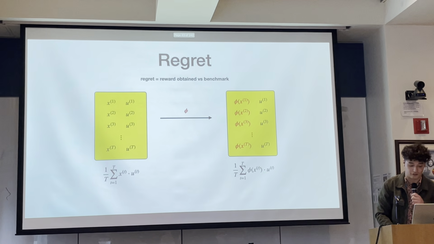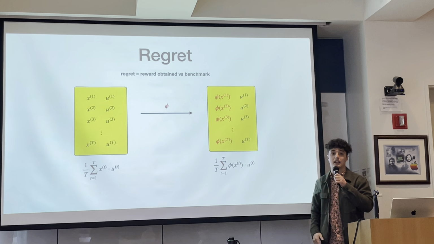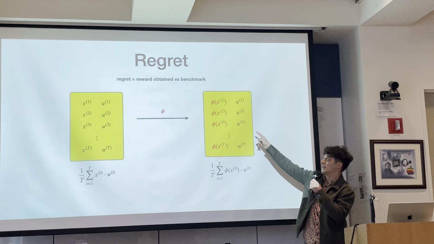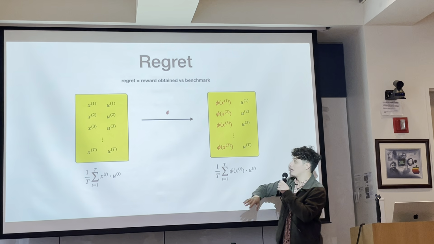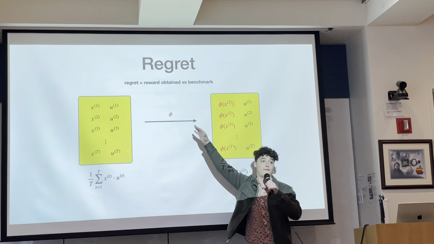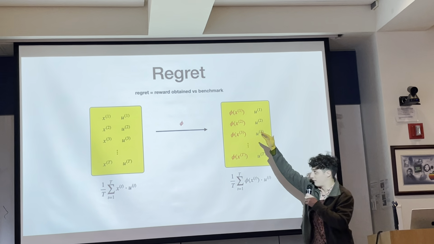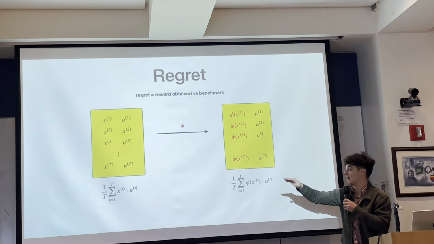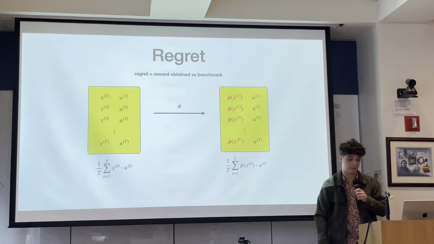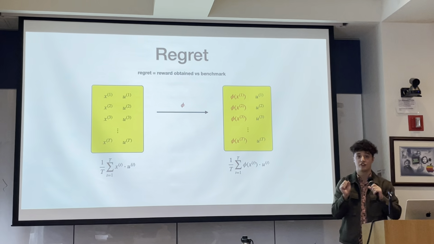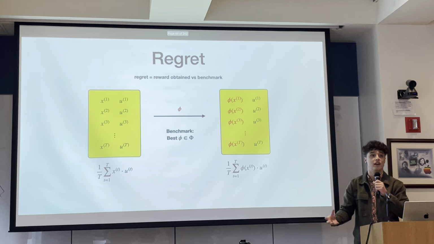And then we could ask ourselves, okay, what would the reward of those actions have been? And I don't mean, what if we had actually played this in the game and then the adversary would respond in some way? I mean, we do this online learning, and then we just fix the history of everything that's happened. And then we're asking, given these fixed rewards that we see, how would these actions have performed against that set of rewards? Okay, so generally how the measure of regret works is we have some sort of set of transformations.